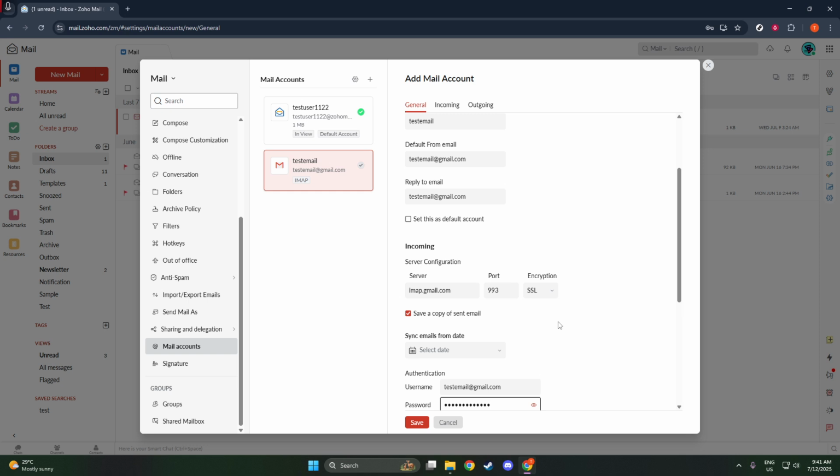For example, if you're adding a Gmail account, you need to use imap.gmail.com for incoming and smtp.gmail.com for outgoing. You will also need to check your provider's documentation for the correct port and whether you should use SSL/TLS settings. Lastly, provide your username, which is typically your full email address, and your password.